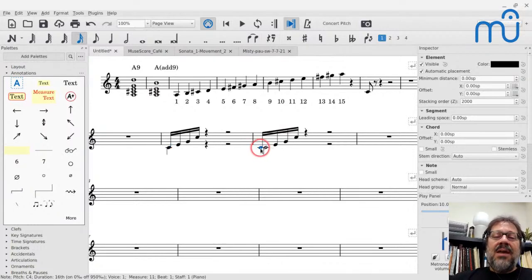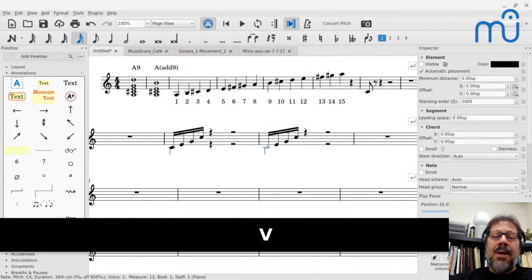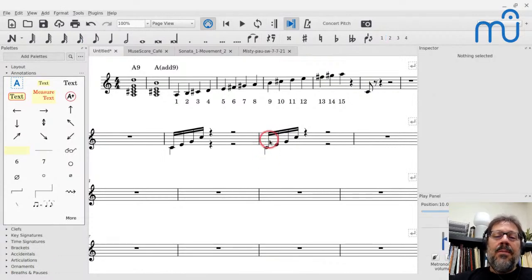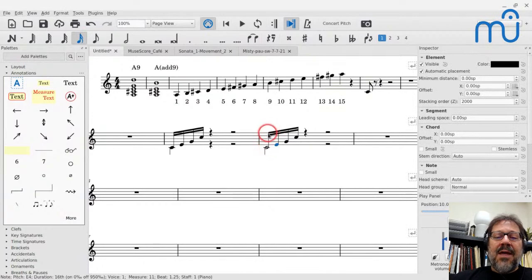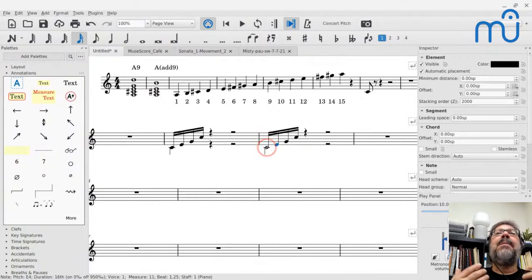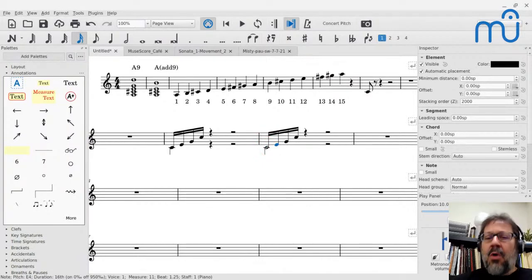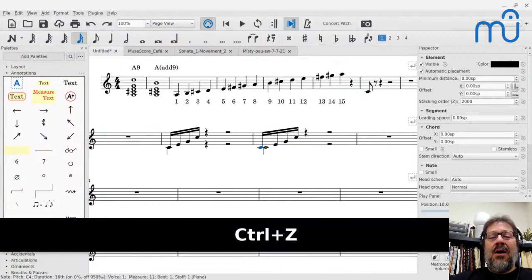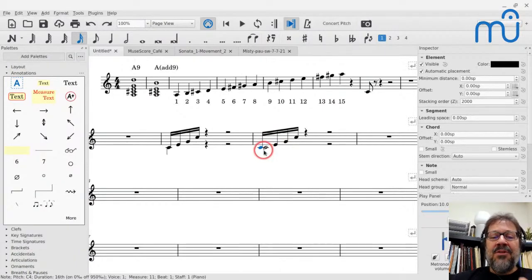So the way I did this is take this note and make it invisible. And by making it invisible, now, of course, right now you can kind of still see it because it's grayed out. But if I go to View, turn off Show Invisible, now you can see this look. And yeah, it's a little bit of a lie. It's a little bit of a weird thing in that that first note, you kind of have to know it's a 16th note, even though it's not obvious, but we know. Okay, it's okay to do that. It's okay not to do that also. This is completely legitimate. It is completely legitimate to show it with the note head separately also. But then